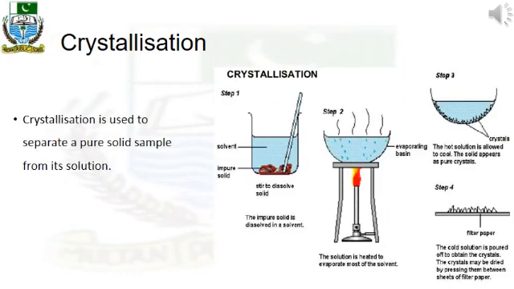Crystallization is the method that is usually used for obtaining a pure solid sample from its solution. When a solid dissolves in a liquid solvent, it forms a solution. If the solution is heated for some time, solvent evaporates and the remaining solution is known as saturated solution. When the hot solution is allowed to cool to room temperature, some of the dissolved solid reappears in the form of pure crystals. These pure crystals can be separated on a filter paper.